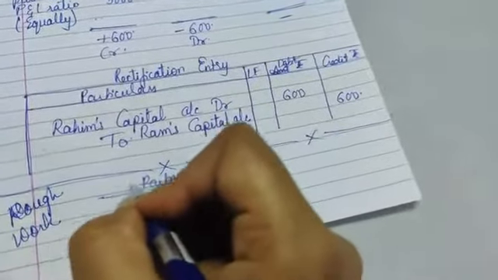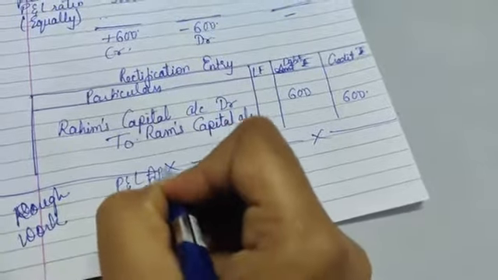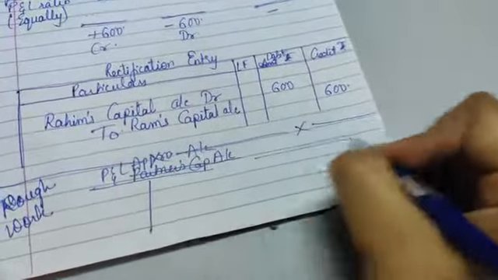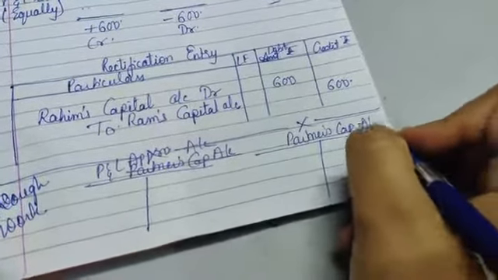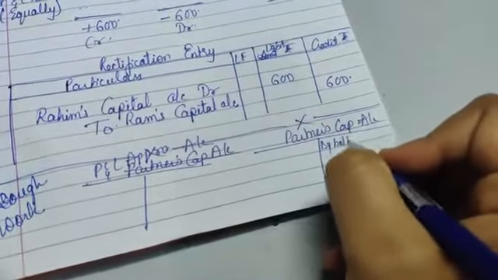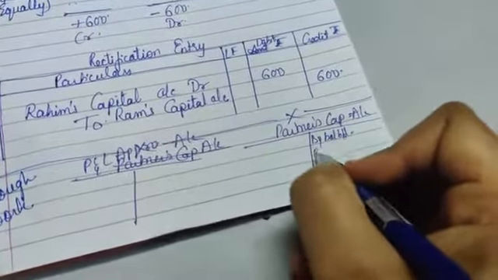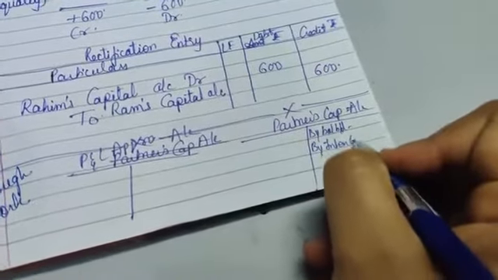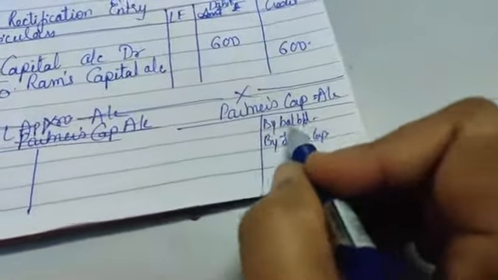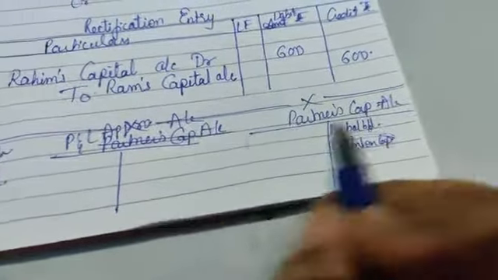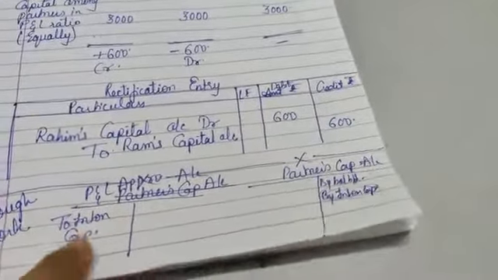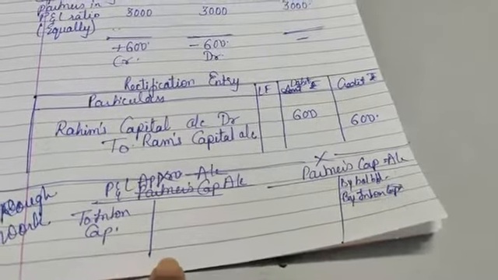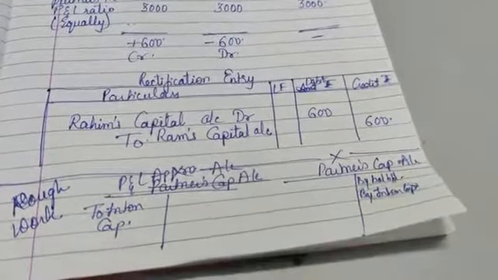First we are preparing the P&L Appropriation. Here I will be writing the P&L Appropriation account, and here I am writing the partners' capital account. See, here we are writing by balance brought down, it means capital, and then on this capital we are calculating the interest on capital. And you have learned that whenever you write down your interest on capital, here it is on the credit side, so the reverse entry goes on this side, that is to interest on capital. Then you close this P&L Appropriation and find out the divisible profit, and then you distribute the amount among the partners.